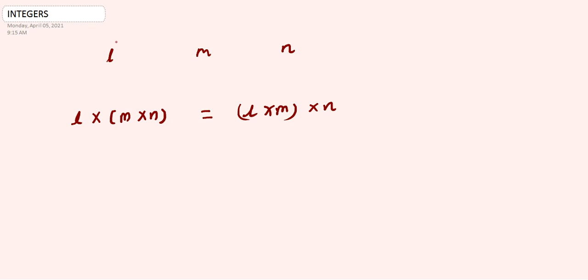Here we will check that we will assume different values of L, M and N. Then after assuming values, we have to see whether L into, in bracket, M into N equals to, in bracket, L into M into N or not. Okay. So you can assume any value here for L, M